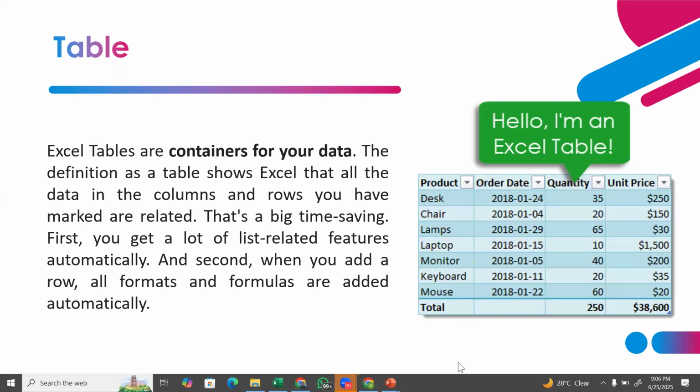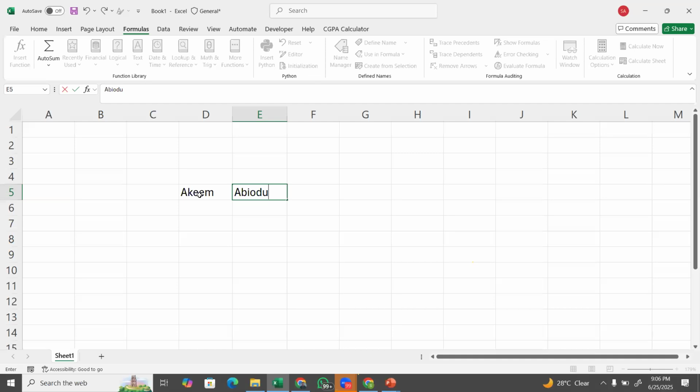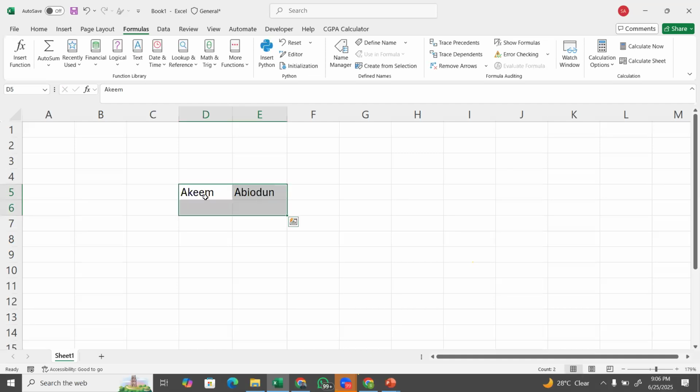Okay, we have a table. You want to follow me? You can't follow me, you just calm down. Don't worry. So a table is a container for your data. If you have information right here, and I say my name is Akim, and here, Abiodun, that's my name. I have two things here in different cells. To Excel, this is different, and this is also different. Now, for you to tell Excel that these two are related, you have to